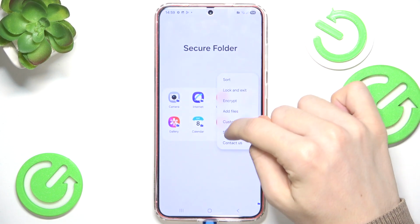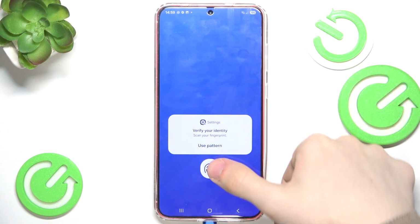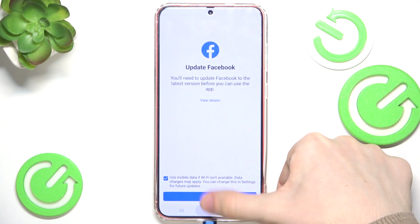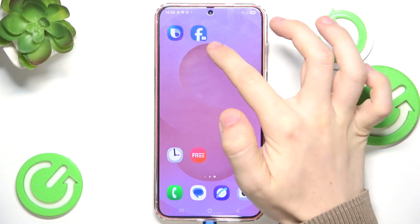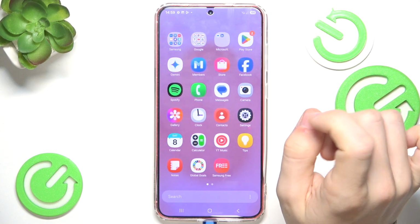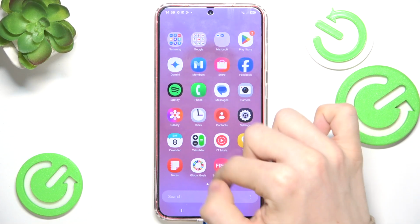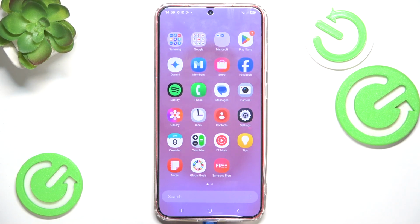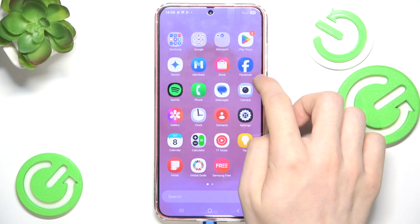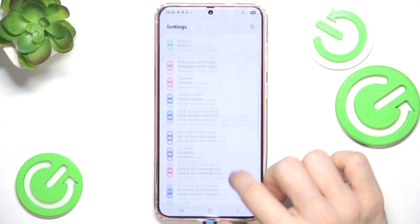Now as I lock and exit, you can see that I can use my fingerprint as well. And remember that it has a different login, different account here than here. So if you don't want others to access the account that's on this app, you can just easily log out from here. Or you can also go to settings, and there is an option that you can do,